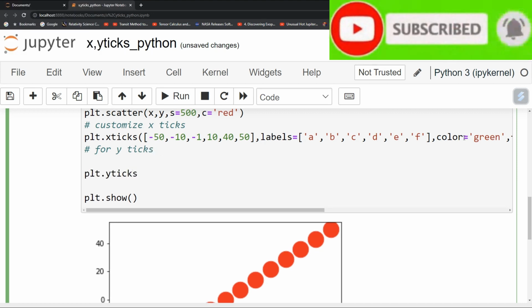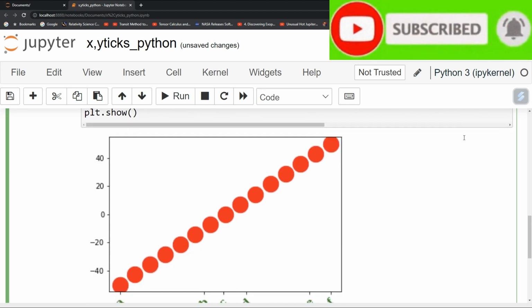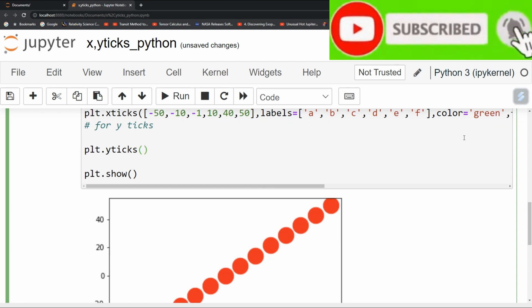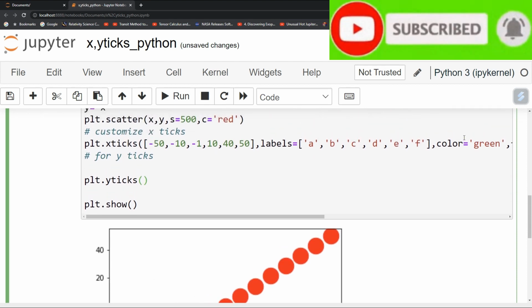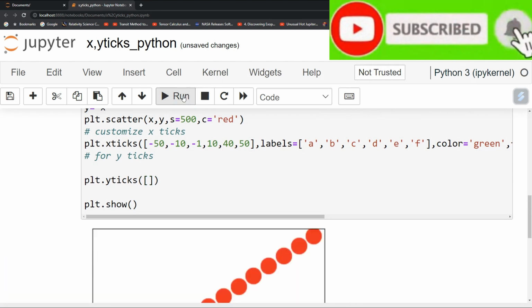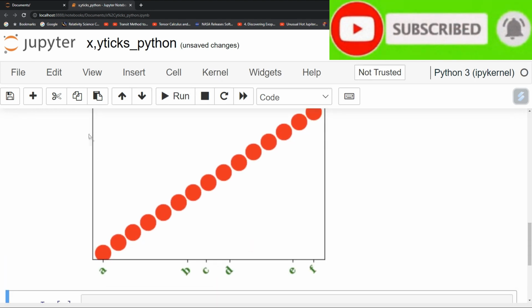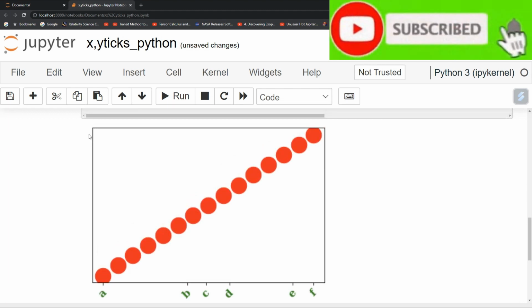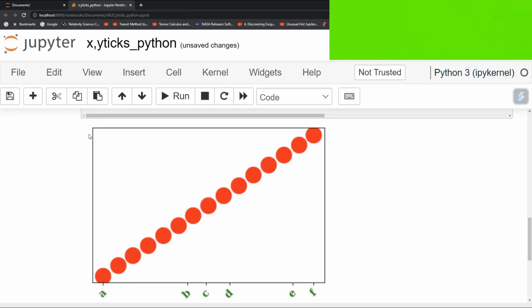Now suppose you want to turn off your y ticks, so just give an empty array and let's check what will happen. See, your y ticks have completely disappeared from your Python plot. So this way you can do one more customization,